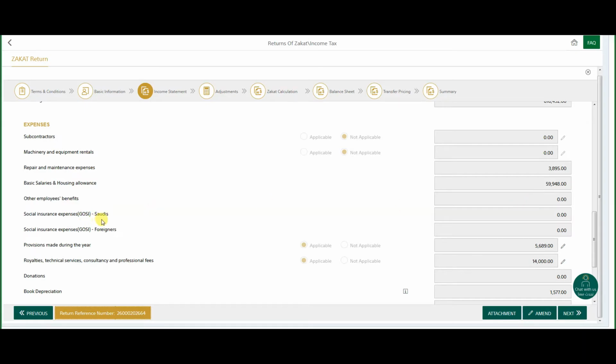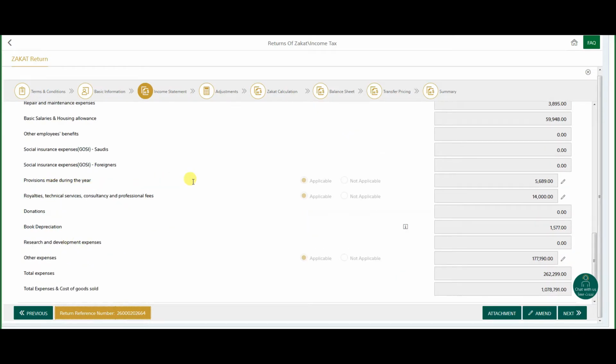Social insurance, the GOSI for Saudis and non-Saudis, should be separated. Provision made during the year, if you have any provision you made like bad debts provision or any other provision, like electricity bill provision, you have to mention here. Royalties, technical services, consultancies and professional fees.